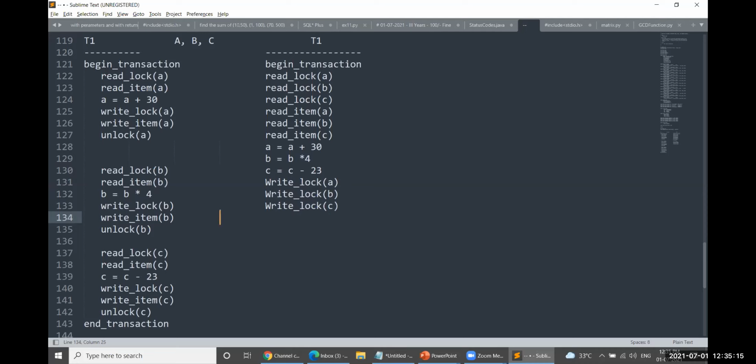After this, you have to write each and everything. Write item A, and then write item B. The second item also is written here. Write item C. Yes, C item could be written.